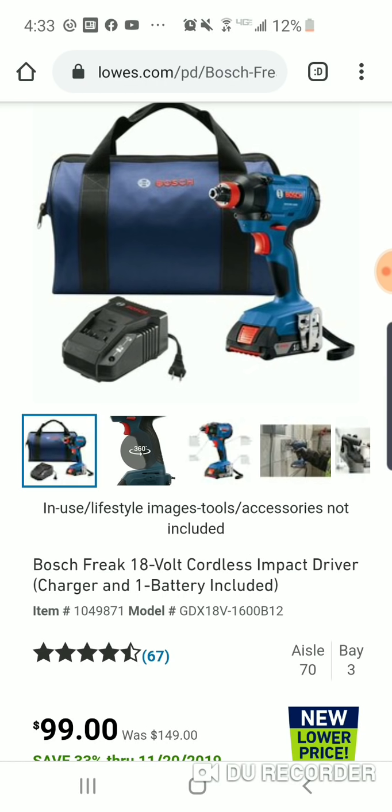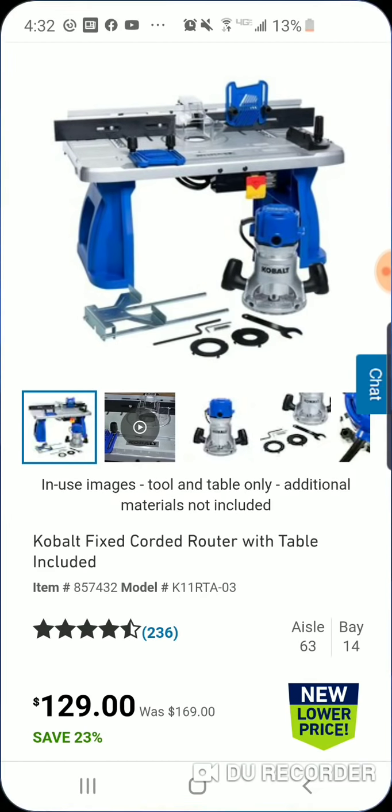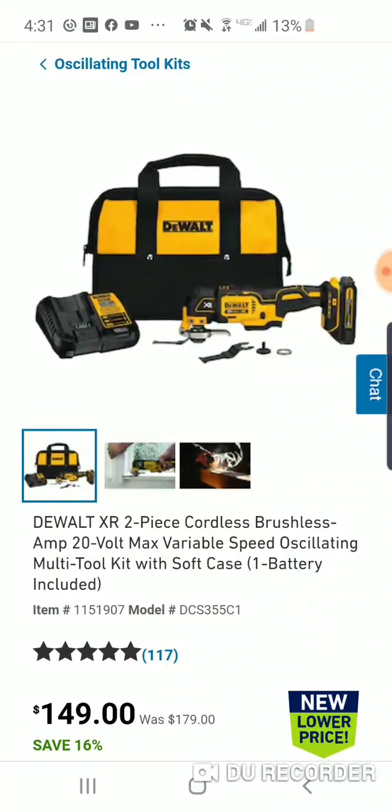If you use a lot of sockets, just real simple, boom, boom. And it has some really good power, nothing too crazy, but enough to get you to what it has to do. All right. This is a pretty cool little deal. I think this is going to be $99. Yeah, $99. All right. Here is the DeWalt